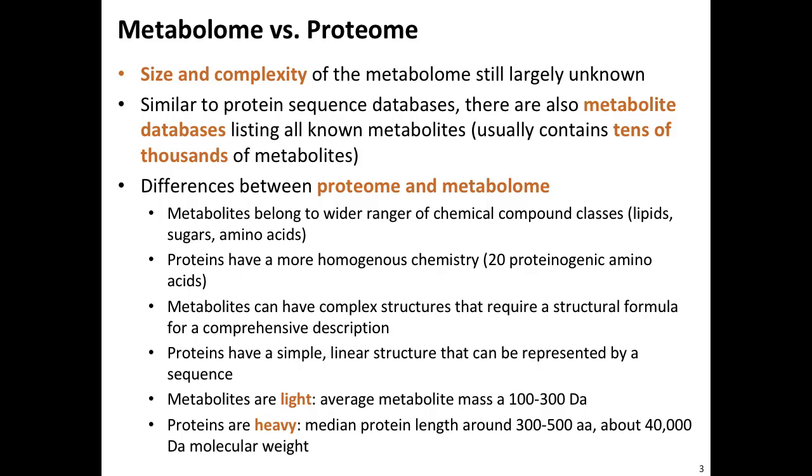There are other differences between the proteome and metabolome that one should at least discuss briefly. Metabolites have a much wider range of potential chemistry. There are different elements that show up. Halogens, for example, are suddenly an issue. Proteins have, in contrast, a much more homogeneous chemistry. And where will that be an issue? Well, when you think back to what we discussed this morning when we were talking about the average gene, that is one of these hypotheses that no longer holds for metabolites because they can have a much more diverse chemistry.